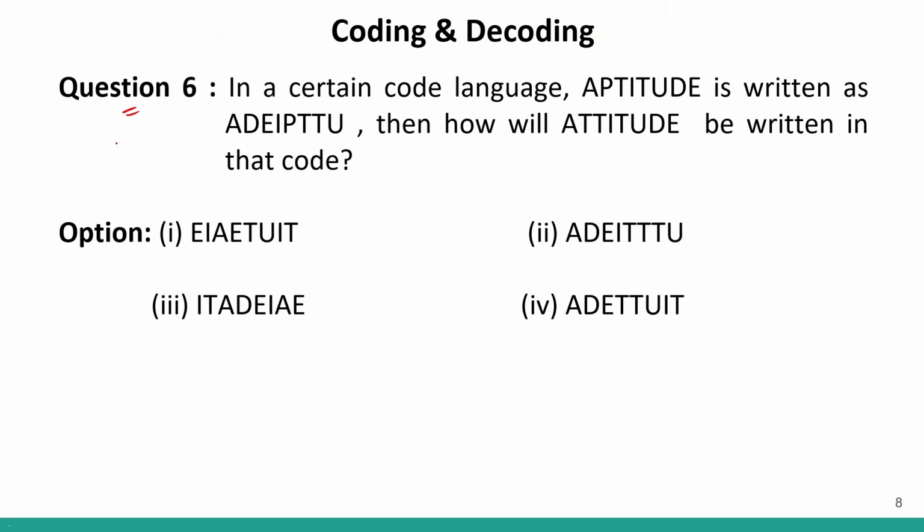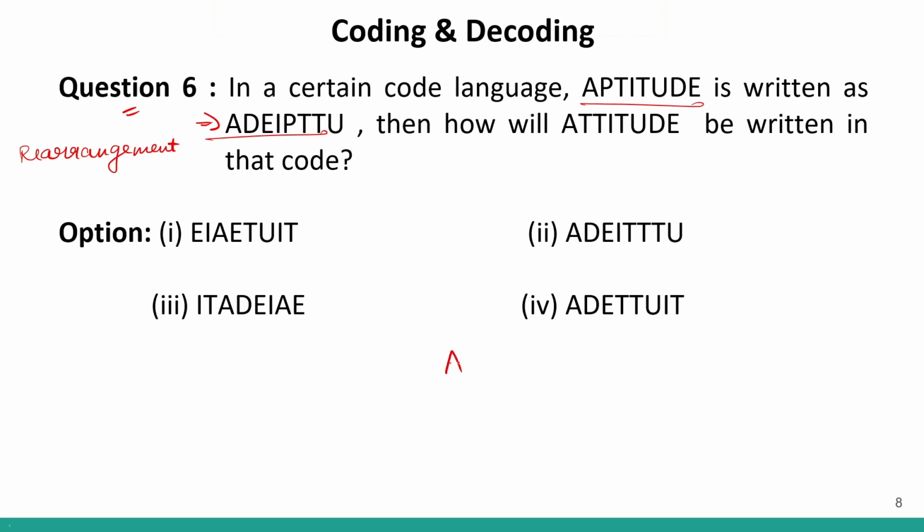Moving on to question number 6. Now I can see same letters. Aptitude is coded as this. We have to find the code for attitude. Now if I see the same letters, I assume this is a question of rearrangement. So instead of using the concept of forward ranks and backward ranks, I will rearrange the letters to find the